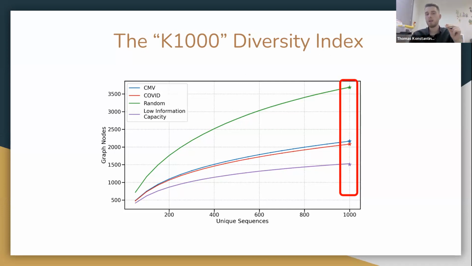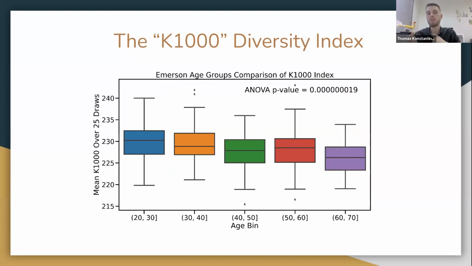We would see that because of mutations, we have a lot of unique sequences, but they stem from the same father sequence. But when we look at the CMV and the COVID repertoires, you see that, again, having equal alpha diversity, they have different diversity in terms of K1000. And we see that the CMV repertoire is more diverse than the COVID repertoire in this case. Now, this could be applied to a much finer inference. For example, we show that when we look at different age groups in the CMV Emerson dataset, with each age group, the K1000 diversity index goes down, which is in line with our belief as of today that the immune system becomes less diverse with age, right?